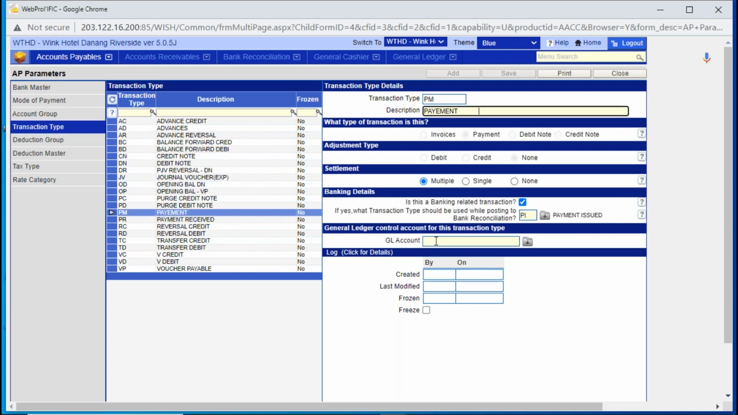for any other type of transaction. Not for payment, because when you say payment, the system automatically picks up the sundry creditors ledger account code. You don't have to specify. There is no need for reversal credit, reversal debit, voucher payable, nothing. Only in case of advances, you need to define a ledger account code here, or at the most, maybe someone